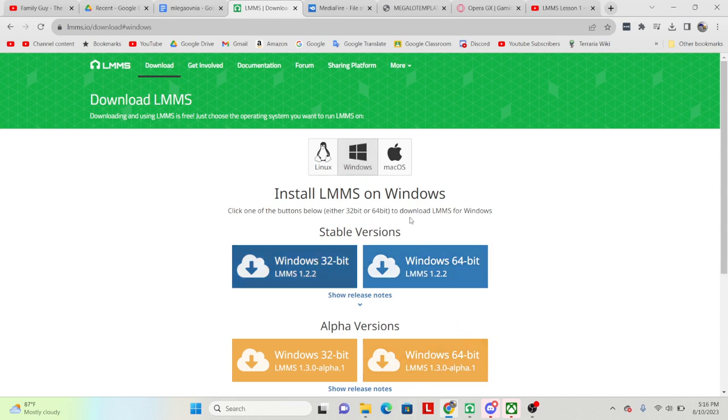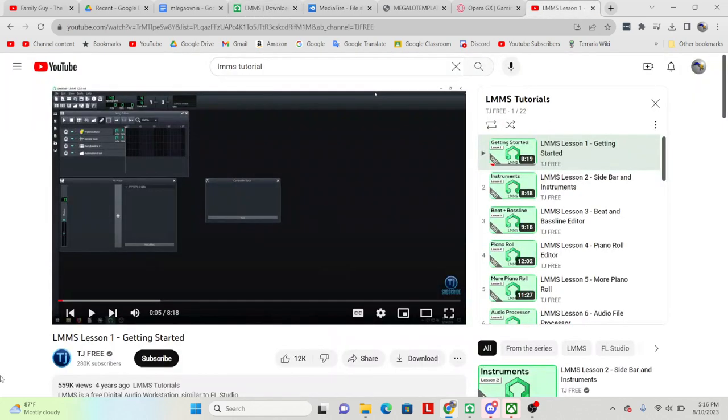So once you've downloaded LMMS, I would highly recommend learning how to use it. And I've linked to a very helpful tutorial that I found by searching LMMS tutorial on YouTube that you can use, and I would highly recommend learning how to use LMMS at least a little bit before you use this template. However, if you are too lazy to do that and would like to jump straight in, I cannot blame you,